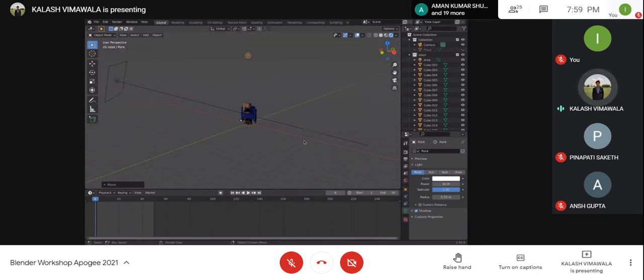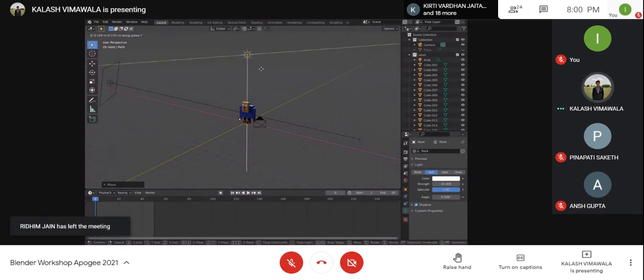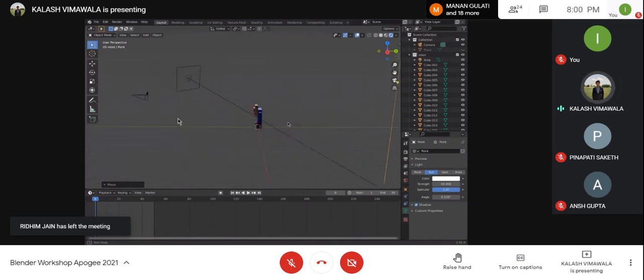Now you can see over here. And even if you have added a point light in the very beginning, you can change it to sun, spot, or area from the properties tab over here. From the right bottom, you can see an object data properties tab with a light bulb, and you can change the type of the light that it has. So say I change it to spotlight, or sunlight. In sunlight, it has a very different brightness, and as you can see over here, this is very bright. So I'll just move it along Y and rotate it about the X axis.